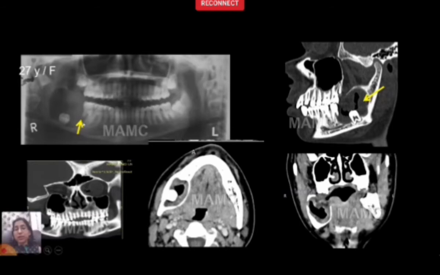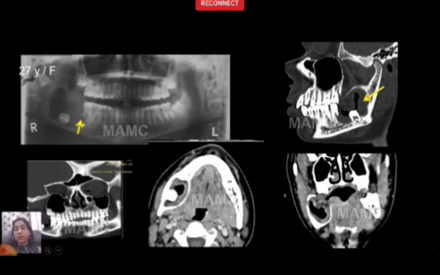Another lytic lesion of the jaw is a central giant cell granuloma. Now, this is most often seen in young women. It may look very similar to an ameloblastoma, with this soap bubble septated appearance and enhancement. Now, this is a very solid lesion, but it can be solid cystic as well. Here is an example of a well-defined lesion, but sometimes it can be even more aggressive, giving you ill-defined margins and a lot of soft tissue extension.